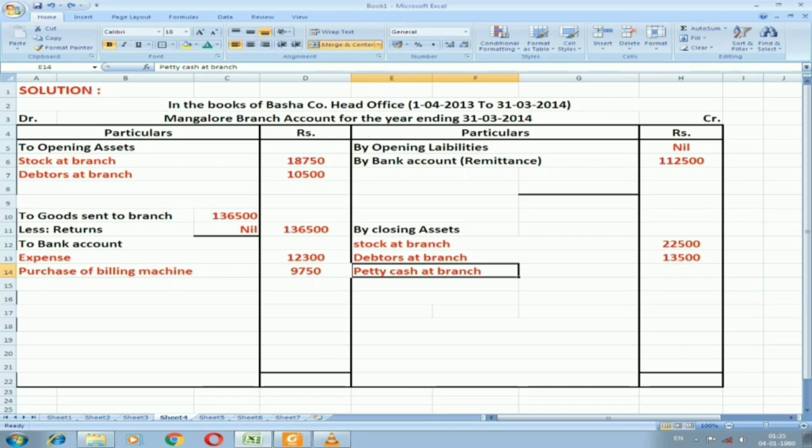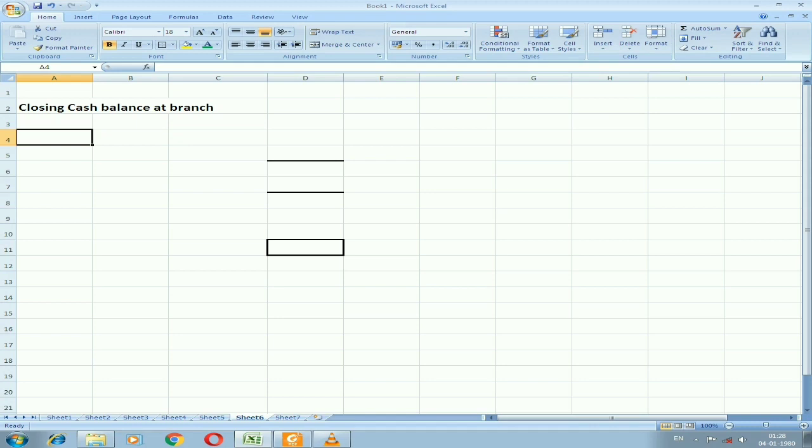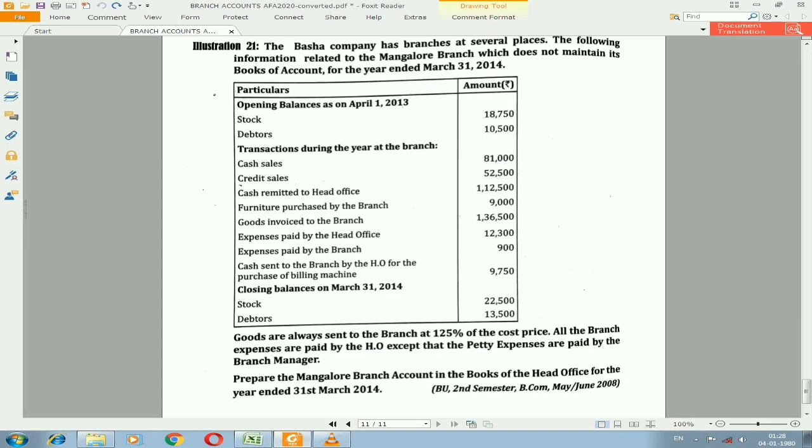So that is the reason the cash should be found out by the branch on the date of closing day. In order to find that out, we need to see how much income they have generated. From that income, how much expenditure they have spent independently should be deducted, and we will definitely get the closing balance of cash. You can see here, I have made a separate working note to find out the closing balance of cash. Let us start with how much income they have generated in that year.